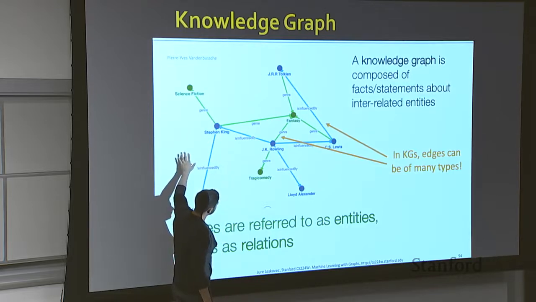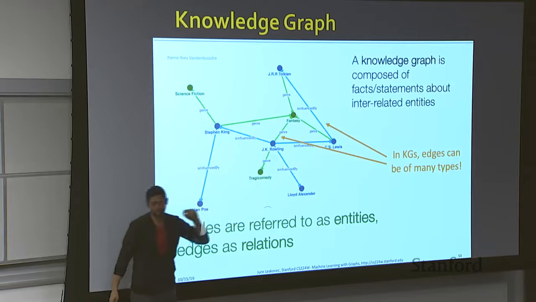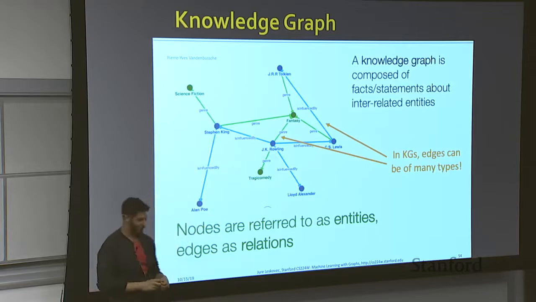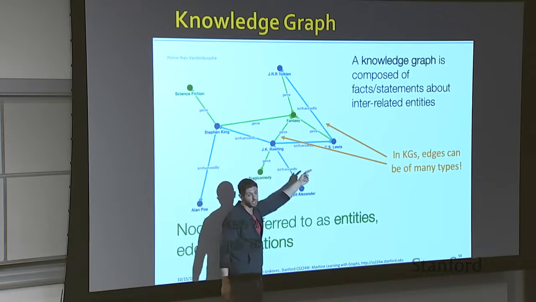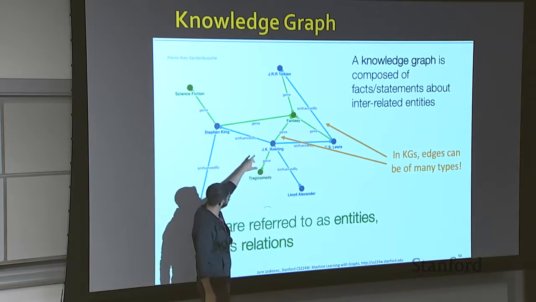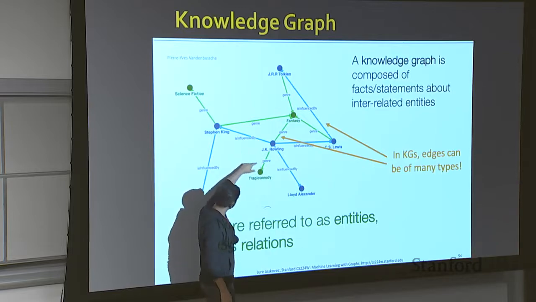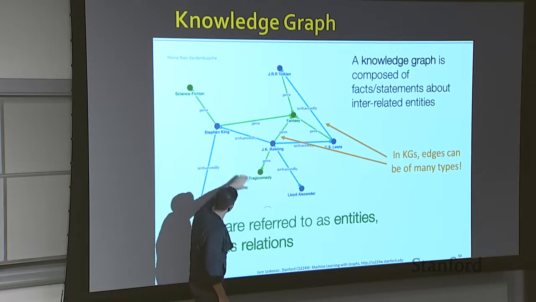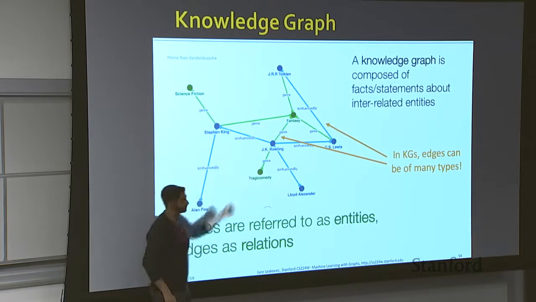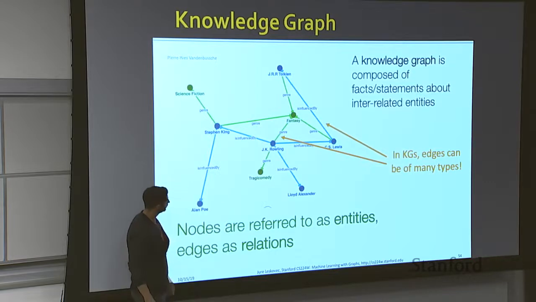And why are knowledge graphs interesting, and why aren't they just plain old graphs, okay? The reason is, in knowledge graphs, edges can be of many types. So we don't have only one edge, or edge weights, but we rather have types. You see here the blue edges are "is influenced by", like if a writer is influenced by another writer, and the green edges are the genre that the writer is using in their books,